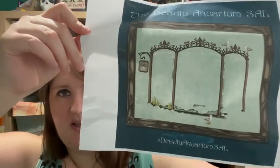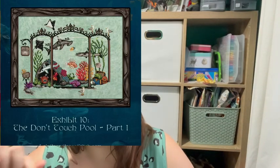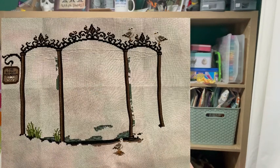So the last project I worked on is my Deadly Aquarium SAL. This is not an up-to-date picture, this is just the frame. So I have finished the frame and I have now moved on, and I've finished the first exhibit, which was the eel, and that was my goal for August, was to finish exhibit 1. So I have now done that, and so this is going away for a little bit,